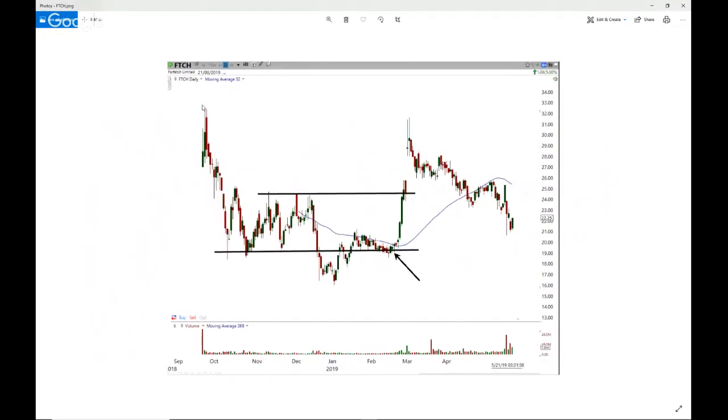Here's another one. See how this stock, this is the daily chart, notice it's FTCH. The market came down, went sideways for a while. On the daily chart, see how it broke below this level through here, as you can see, right? Is that now going to continue down or is it not? At that point, as the market started to break back above it, look what happened. It broke back above it and went sideways. See how it actually went sideways?